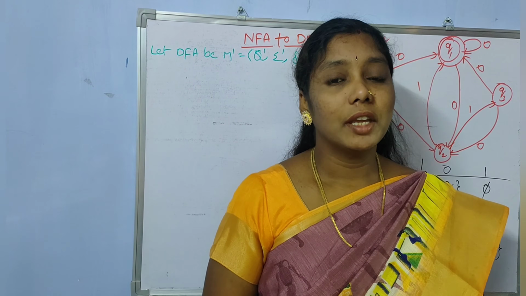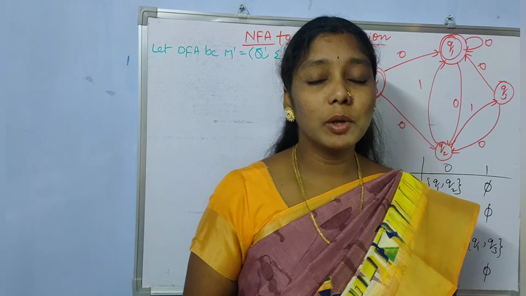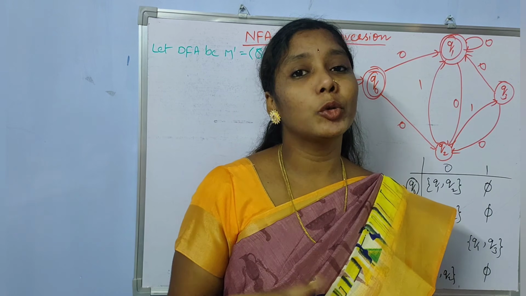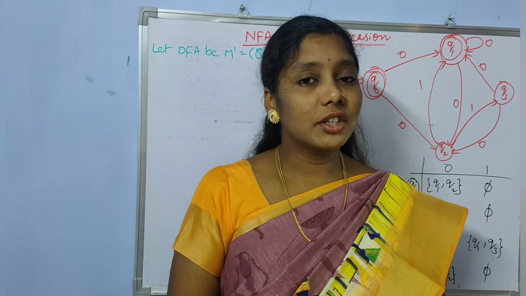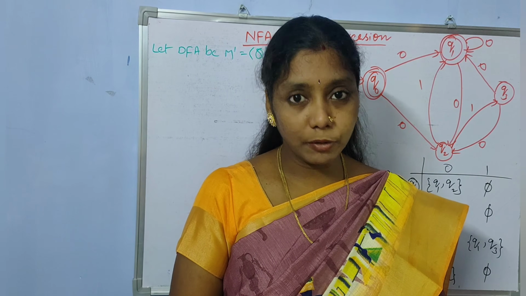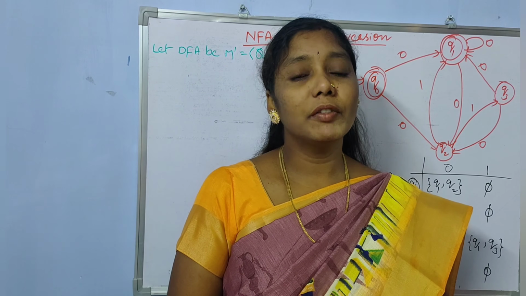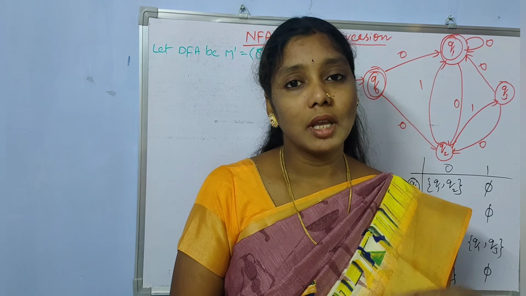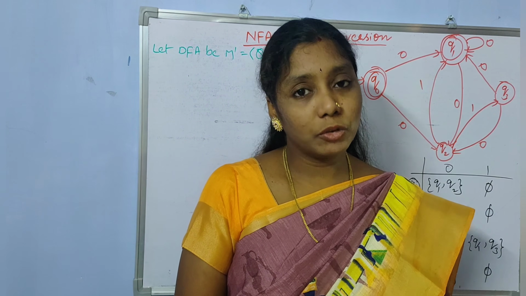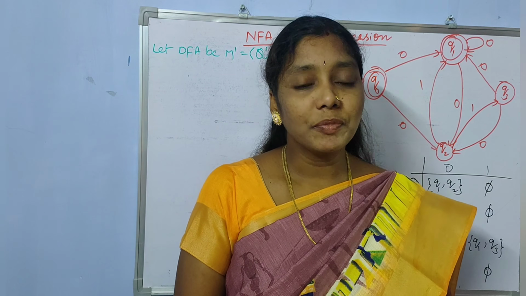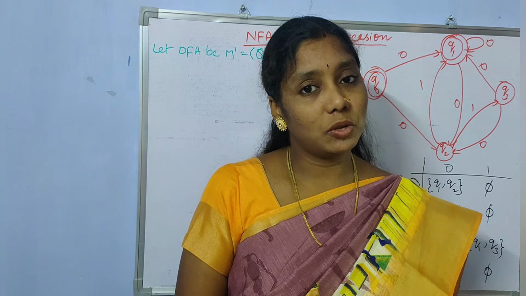Hi all, welcome back. In the last videos I have explained subset construction and an example of how we can convert the NFA into an equivalent DFA using subset construction. In subset construction, we need to consider all the subsets of the set of states of the NFA to generate the equivalent DFA. But in this example, we are not going to consider all the subsets, because after construction of the DFA, we would need to minimize the DFA in terms of the set of states by finding the non-reachable states of the DFA.